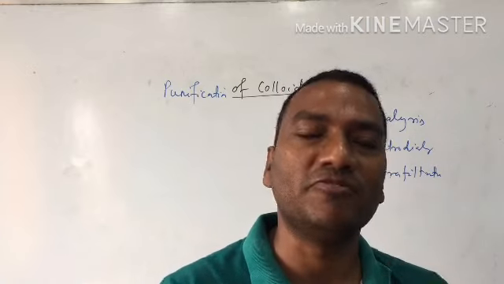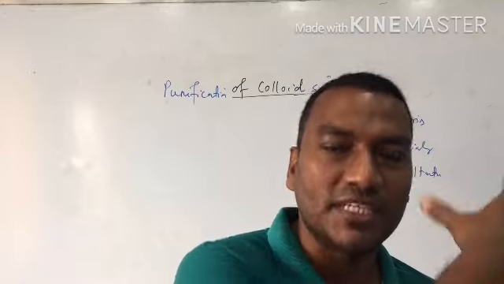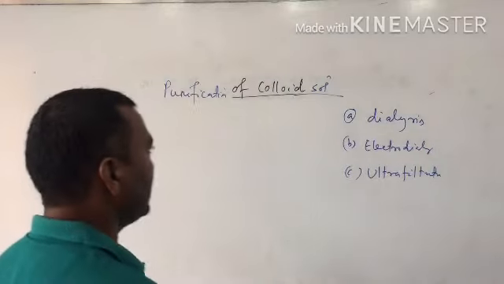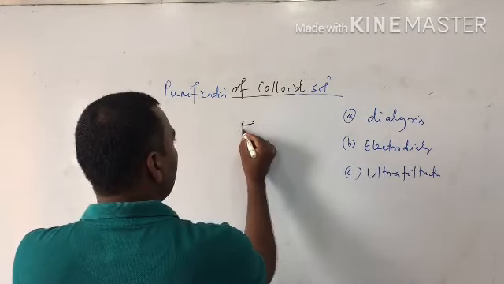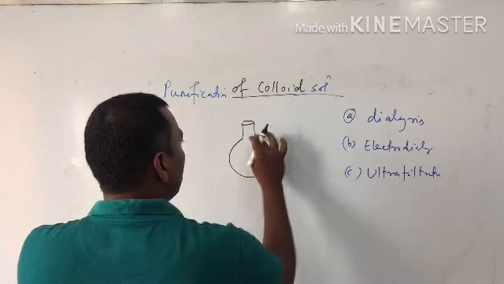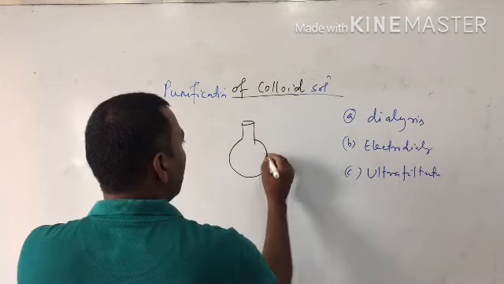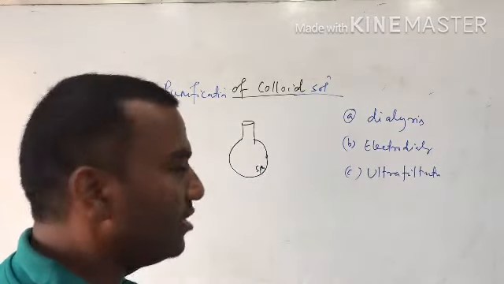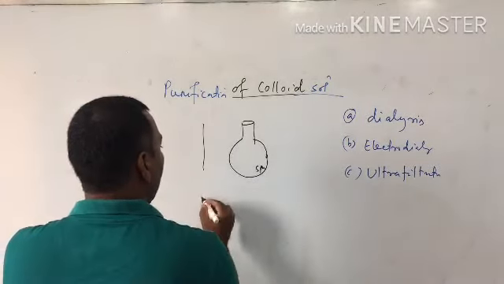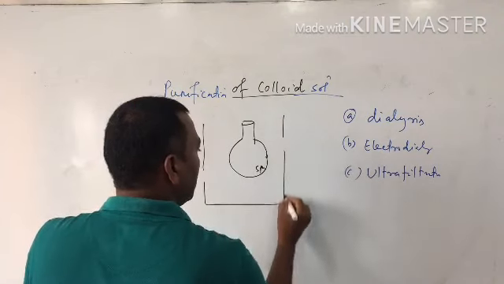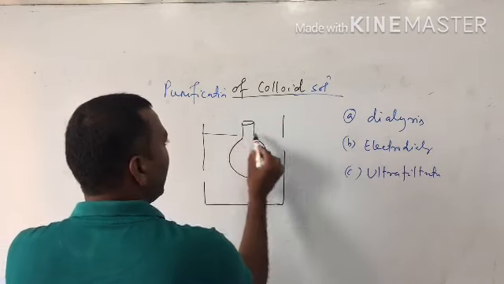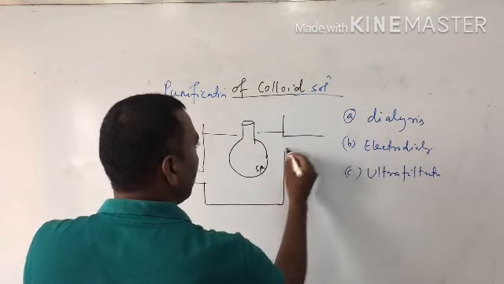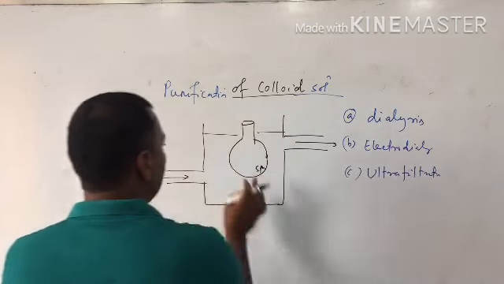Normally in a domestic method it is very difficult. So how can it be separated? You see, it can be separated by the dialysis technique. In dialysis, suppose you take one container whose outer wall is SPM, a semi-permeable membrane container, and it is dipped in a water tank. The water comes into this container through the inlet, and here the water is the outlet.